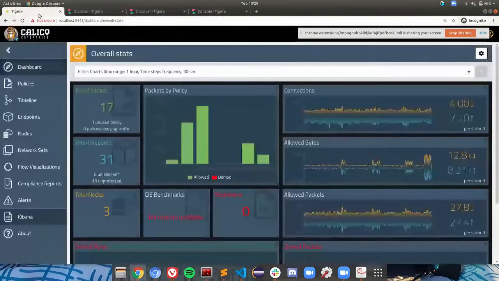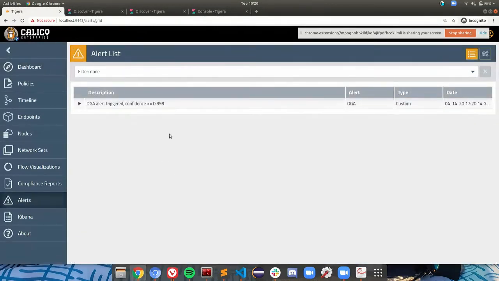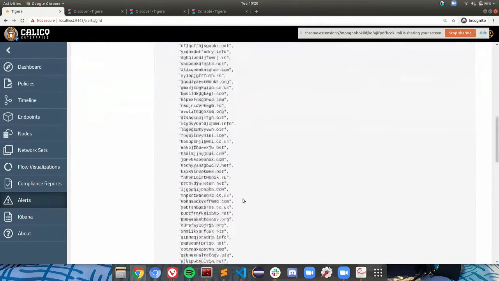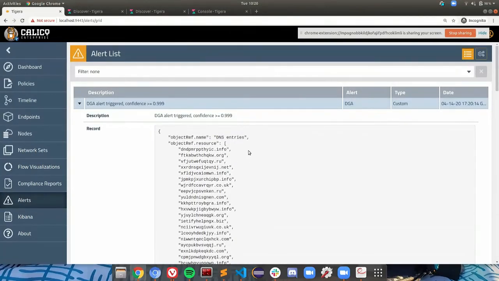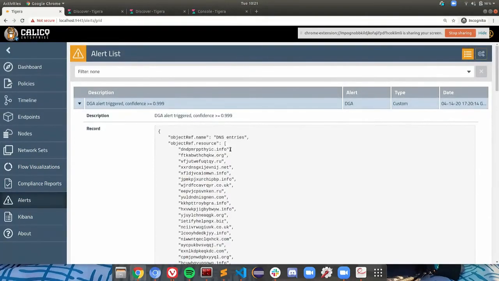Well, once again, we go back to the Calico Enterprise user interface, and we can go to the alert. And there you go. This is an alert triggered by DGA based on a very high confidence. Let's take a look at the contents of that alert. Here, you see that it has flagged all these different domains within our system. Just a note of caution, these domains listed here do not necessarily represent all DGA domains. These are simply the domains that were used as part of the detection that were used to trigger that particular